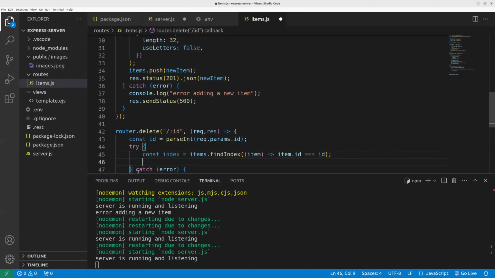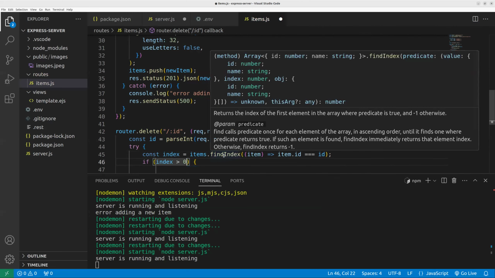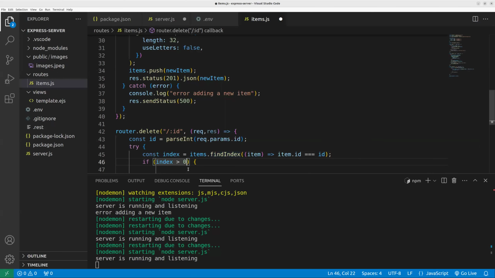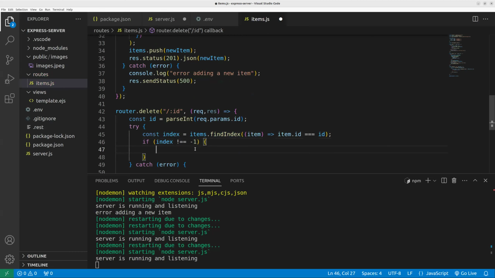And I have the index, so I can do a check if index is there, or if it's more than 0, then it should be there. Okay, how does this work? It returns an index, so it could return a 0. It returns -1 otherwise. So if it doesn't equal -1,